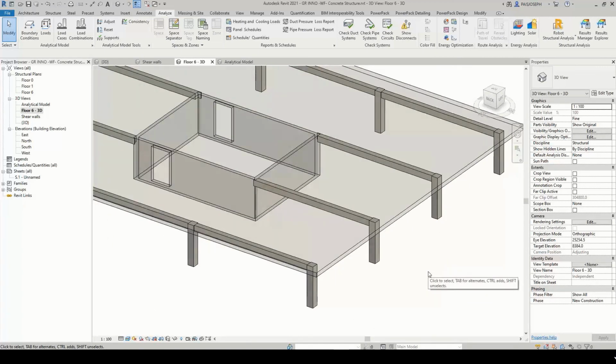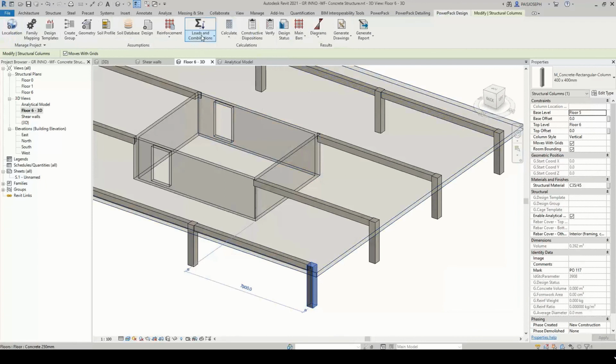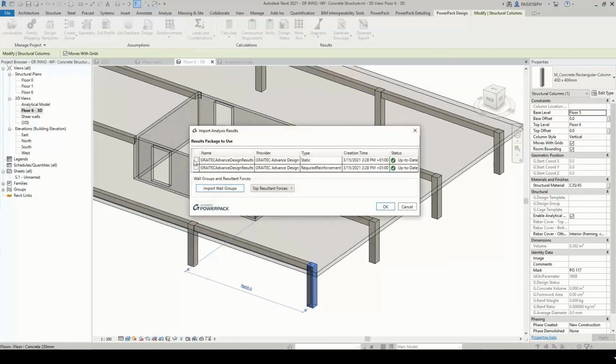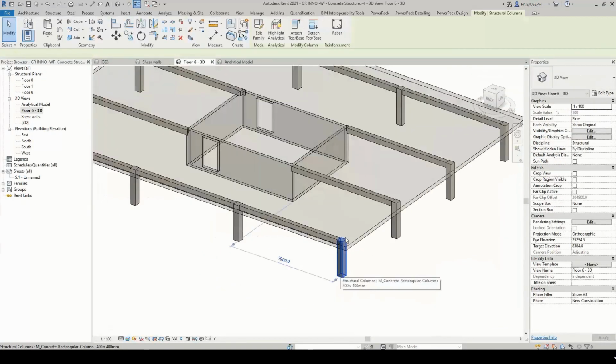All results, all internal efforts coming from Advanced Design are now stored in Revit. Here I can use my PowerPack design capabilities to tell our software that I want to use this information. So I can import those result packages,